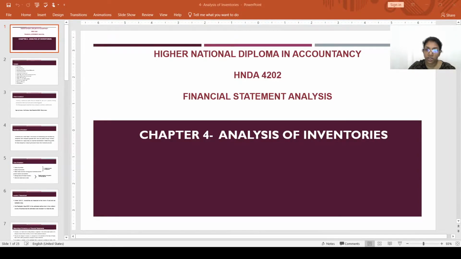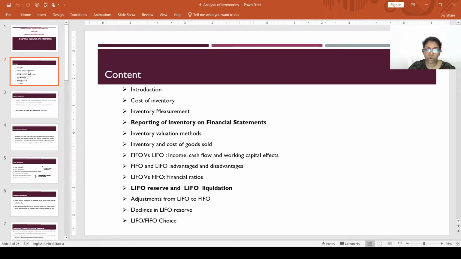Welcome back to Financial Statement Analysis, Chapter 4, the Analysis of Inventories. In this chapter, we are going to talk about the cost of inventories, the inventory measurements, reporting of inventories on the financial statement, inventory valuation methods, inventory and cost of goods sold, how we are going to measure it, FIFO